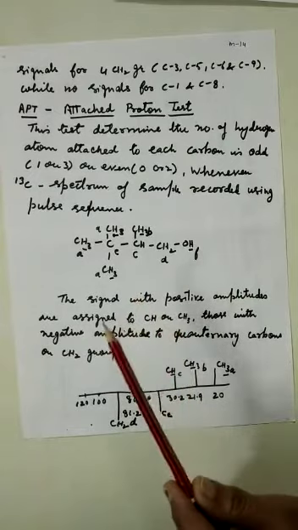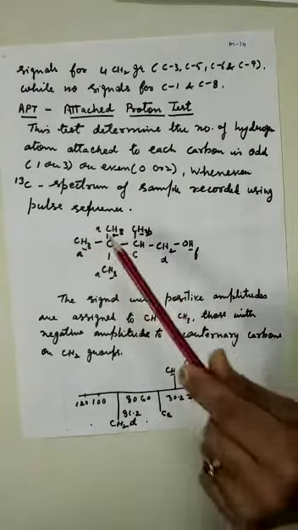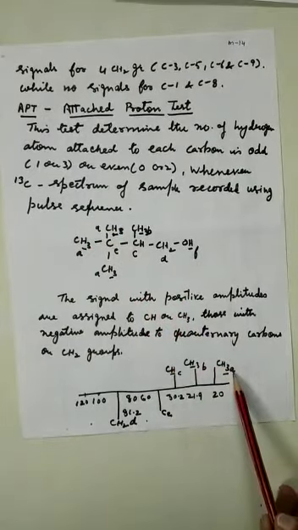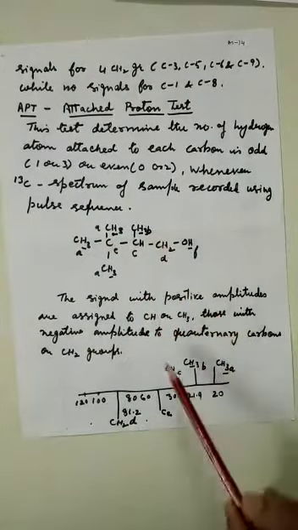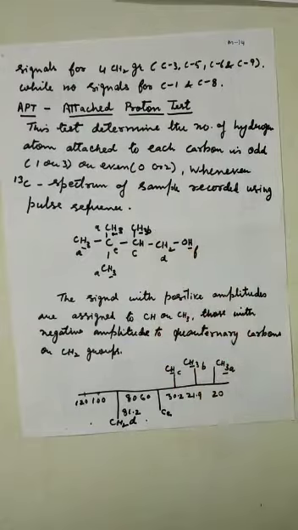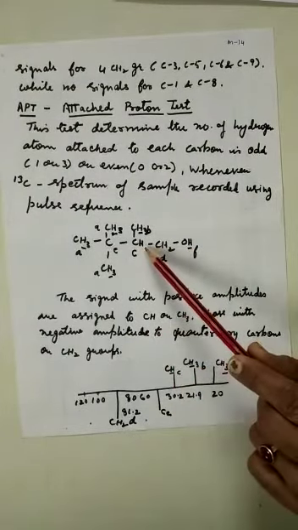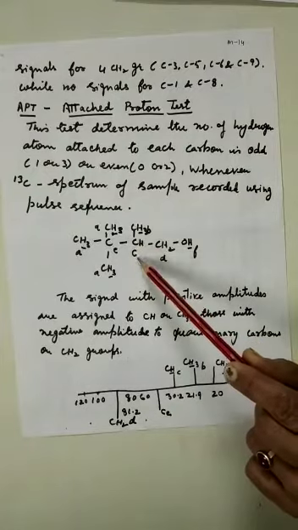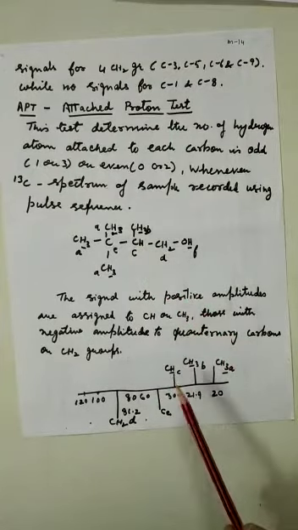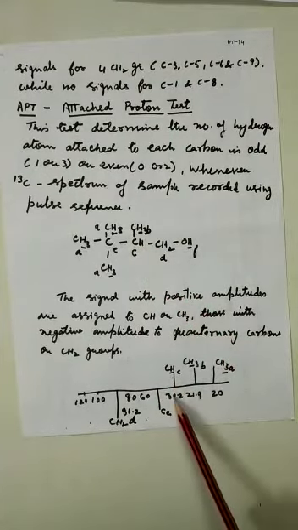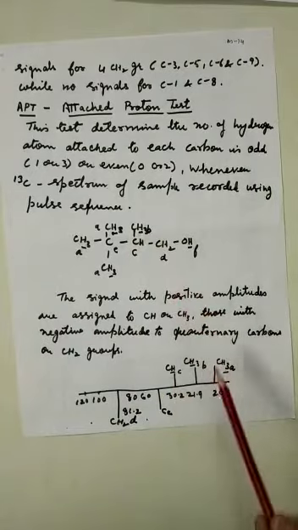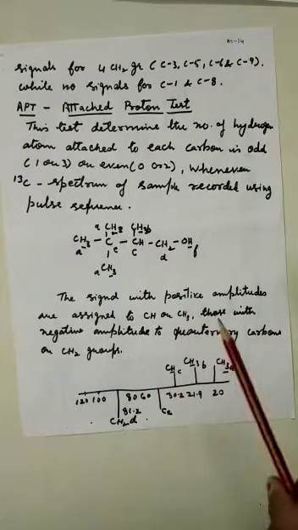तो पॉजिटिव एटीट्यूड के साथ आपके पास कौन से आएंगे? 1, 2, 3. ये CH3A के लिए आएगा, ये CH3B के लिए आएगा, ये डाउनफील्ड आएगा क्योंकि OH से अटैच्ड है, और CH ये भी ऑड नंबर है, तो ये यहां पर आएगा। ये मिथाइलिन है इसलिए यहाँ पे और भी ज्यादा डाउनफील्ड में आएगा।